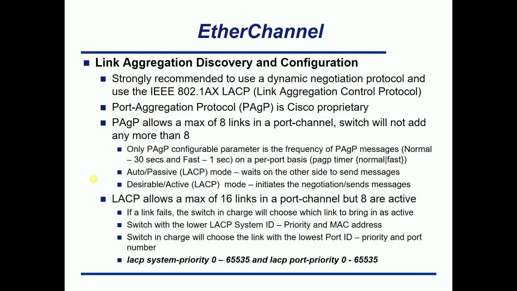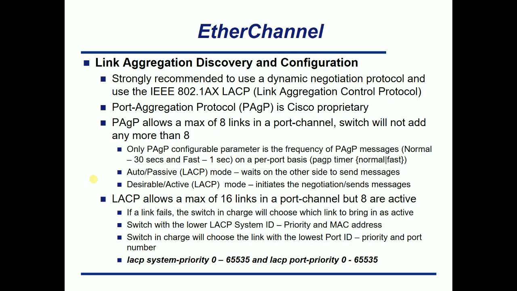And the switch in charge is the switch with the lower LACP system ID. This is broken down into 2 parts: there's a priority and then a MAC address. So this is very similar to STP. And the switch in charge will choose the link with the lowest port ID, which again is broken down into 2 parts,